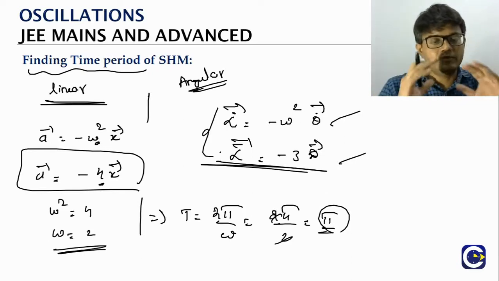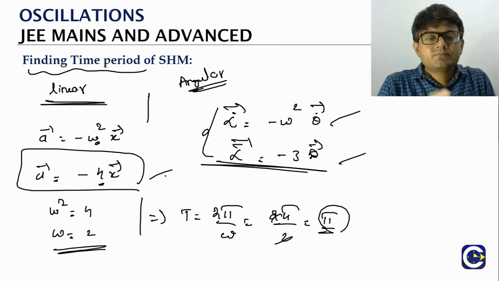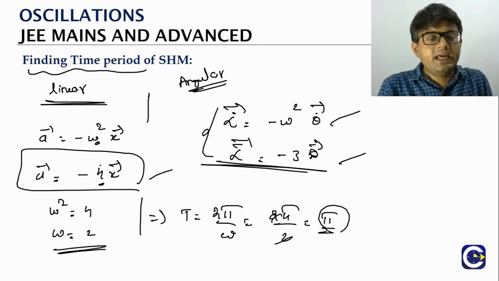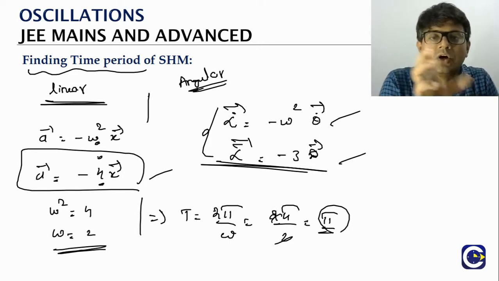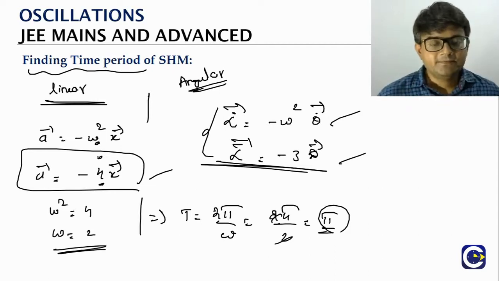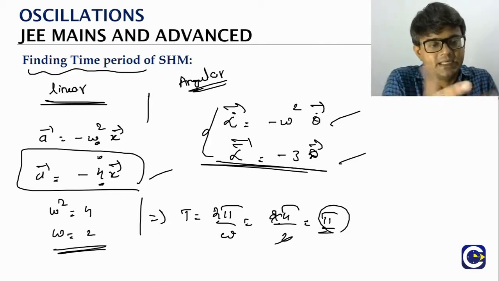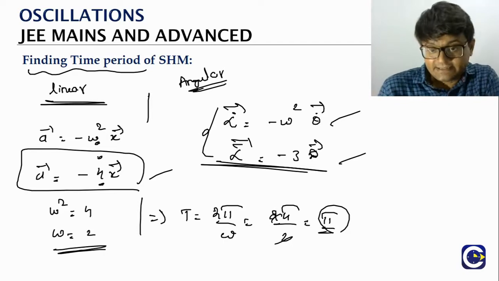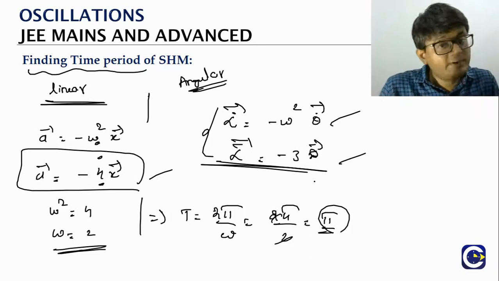Now when you compare this with the standard equation, we can see that it is in the same format. First thing, when we get the acceleration equation, if the acceleration is proportional to minus x, see, when you say acceleration is equal to -4x, basically the acceleration is equal to some constant into minus x. So this is what we call the condition, the checkpoint. If acceleration is proportional to minus x, yes, that represents linear SHM. If angular acceleration is proportional to minus θ, yes, it represents the angular SHM. Once that is over, the confirmation is over.